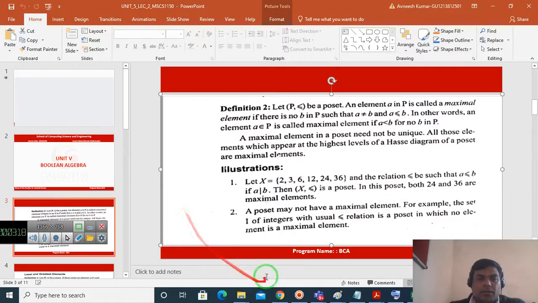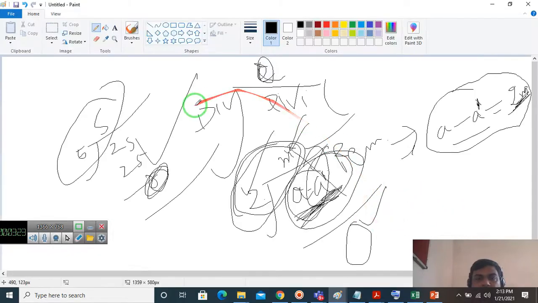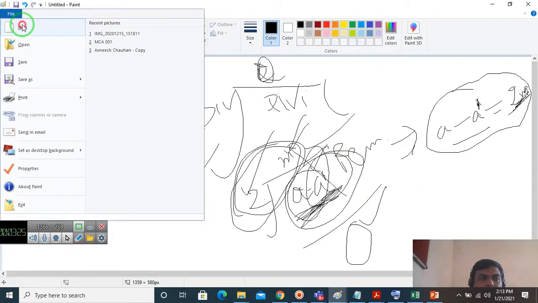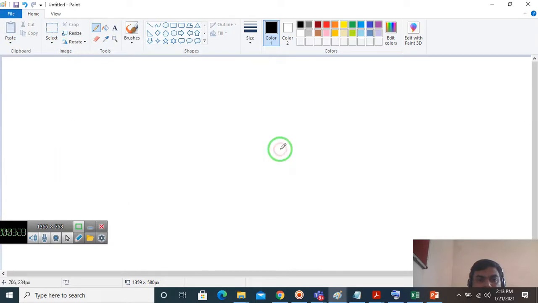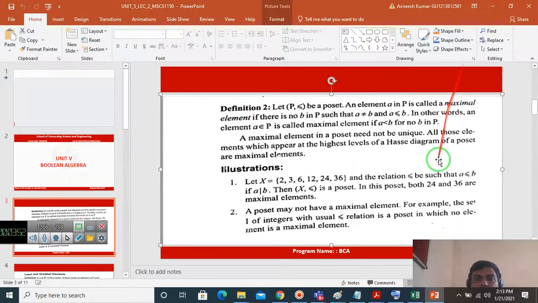suppose we make the diagram of the partially ordered set of this relation. 2 and 3 divide 6, 6 divides 12, 12 divides 24 and 12 divides 36. So these two elements are the maximal elements, they are on the top level. Okay, now